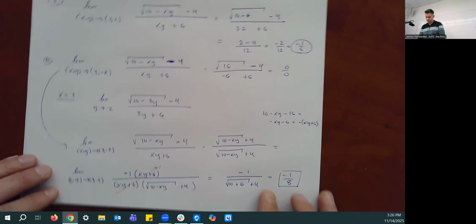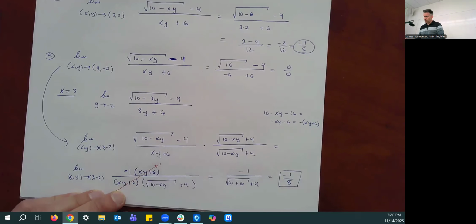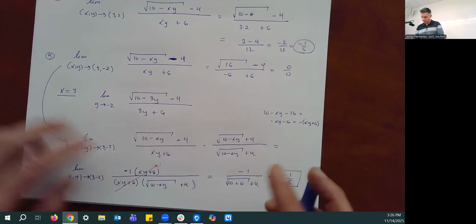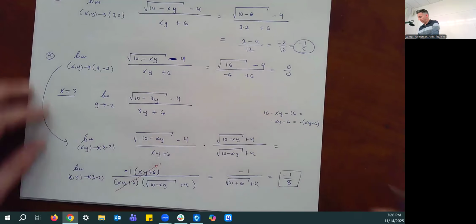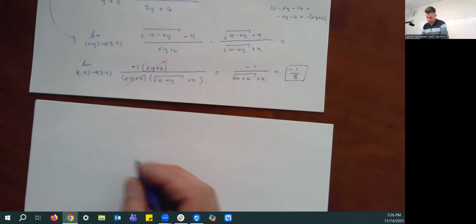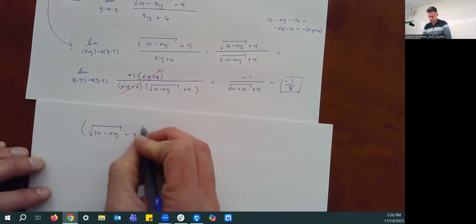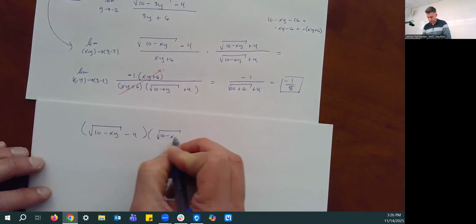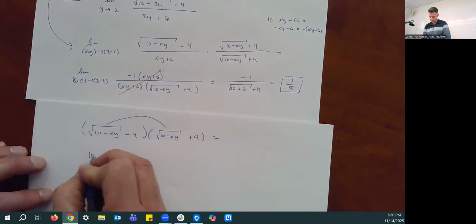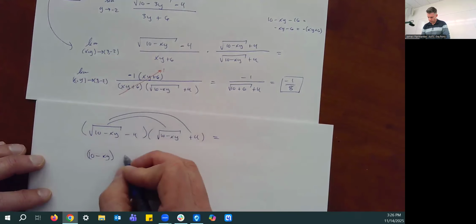Sure, from here to here. Yeah, so when you multiply this out, which I admit I did not show, when you multiply something by its conjugate, let me see, I don't really have the room here. So just to say what I did: the square root of 10 minus xy minus 4, times the square root of 10 minus xy plus 4, is equal to this times this, which is 10 minus xy. And then you have this times 4